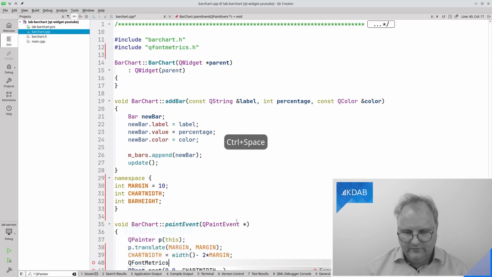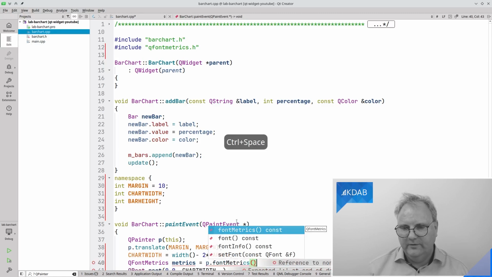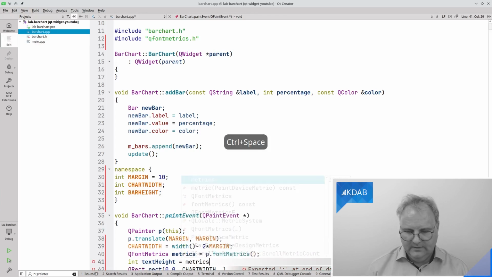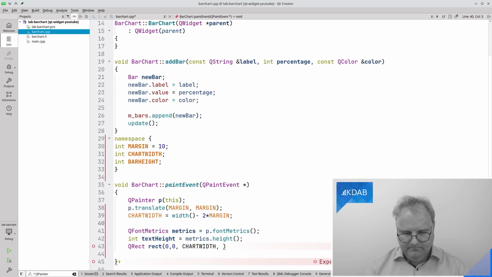So I'll go and ask for font metrics that I can get from the painter, for whatever font was set on the painter, and int text height. I'm not going to reuse that again, so there's no reason to put it up here. Text height is equal to metrics dot height. And now let's actually put this in here.